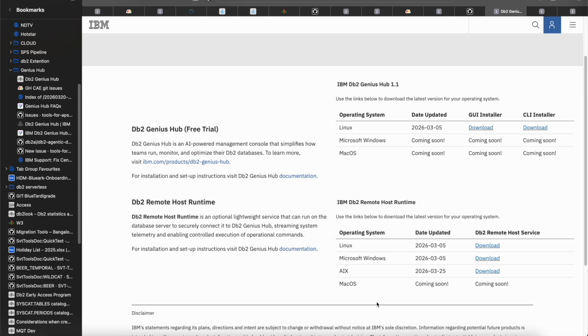Hi everyone. In this particular demo, I will be showing you in Genius Hub how we can do the setup of Db2 Remote Host Runtime. So exactly what is this thing? Basically, it's a lightweight service, a standalone, independent and cross-platform REST API service which we can set up